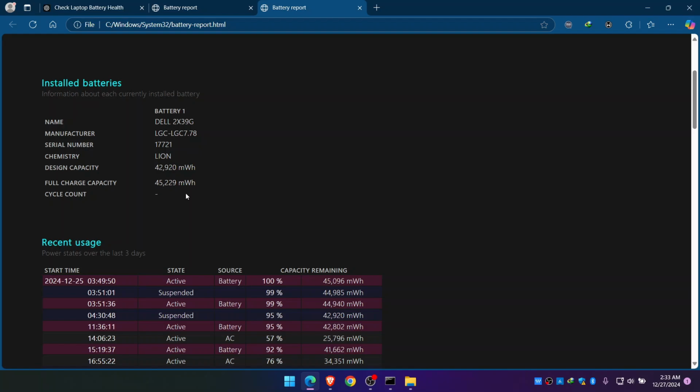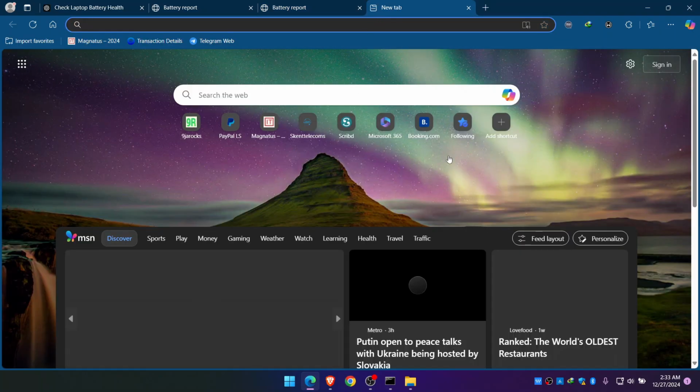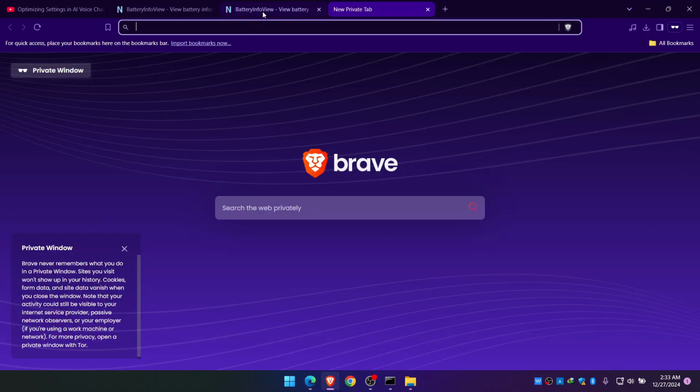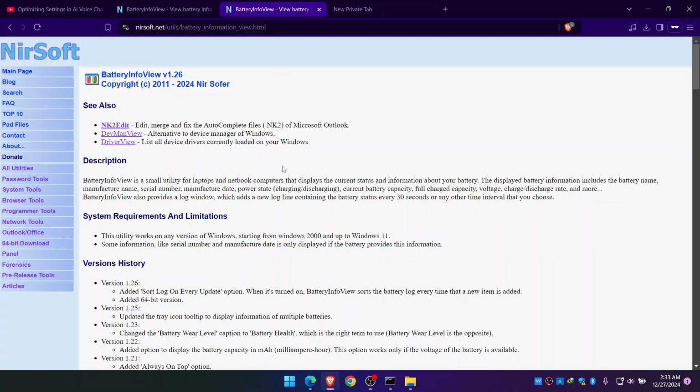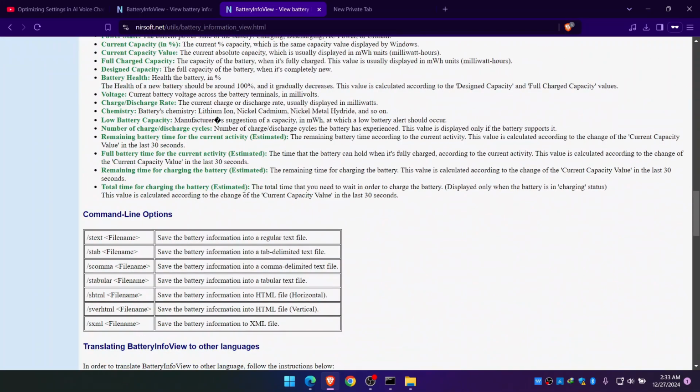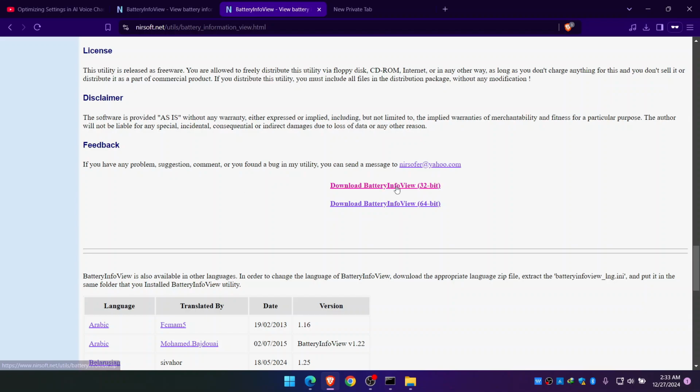So the second way is with the use of a simple software. I call it a tool. It's a very simple software. So I'm going to leave the link to the software in the description below. The second way you can use is by coming to this site and you download the simple tool. Just scroll down until you find download